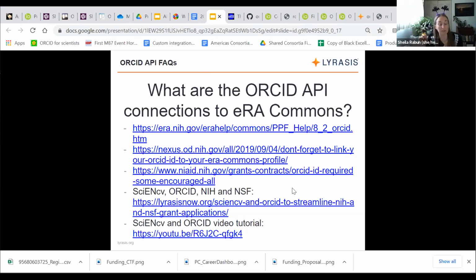So with Science CV, if somebody is going to fill out their biosketch and they have all of their information populated in their ORCID record, they can basically just click a button and it will transfer, for example, all of their publications from their ORCID record automatically into their Science CV. That way they don't have to sit there and retype everything into Science CV. They can just have it in ORCID and import it in. And so I have some links here